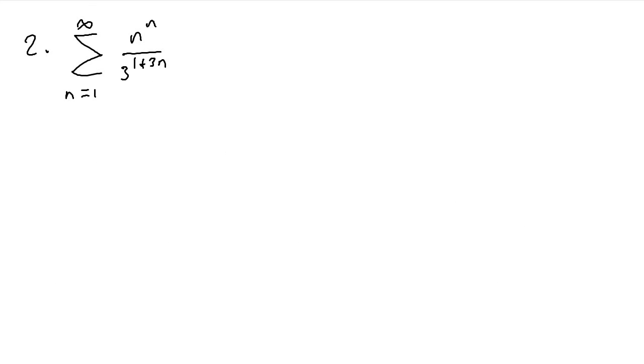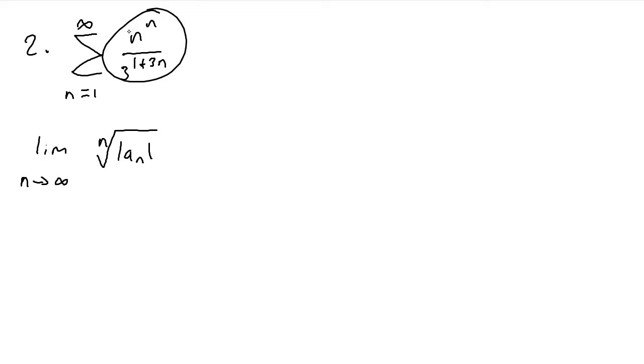So for number 2, we have the series from 1 to infinity of n to the nth power over 3 to the 1 plus 3n. Now, once again, for the root test, we're going to take the limit as n approaches infinity of the nth root of the absolute value of a sub n. Obviously we don't have to worry about the absolute value right now because there is no alternator in this